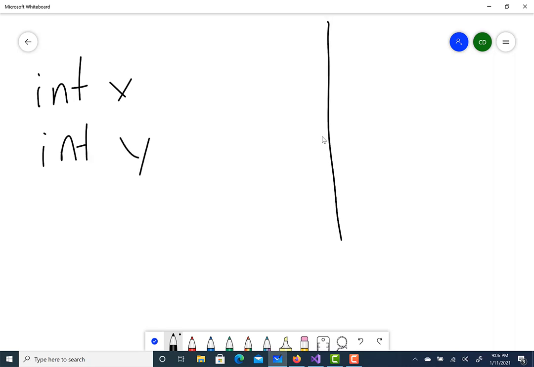So what I'm going to do is, I know I'm going to have an int x and an int y. That's our x and y axis, right? So if we were to draw our x and y axis here, here's our y, and there's our x, okay? We know a couple of things. If we had two integer values, x and y,